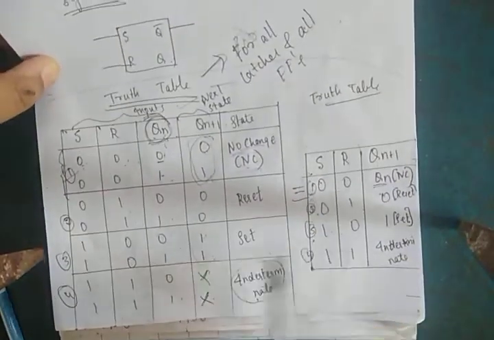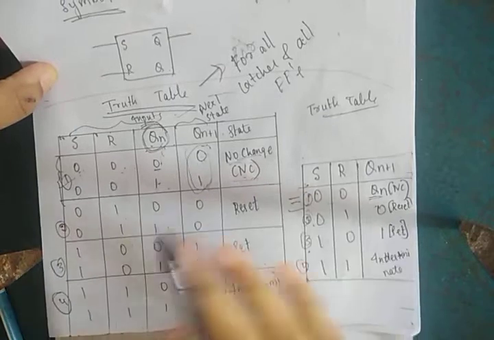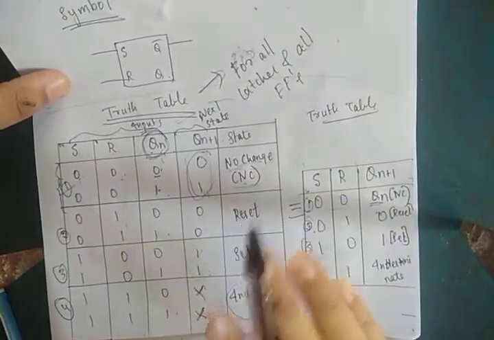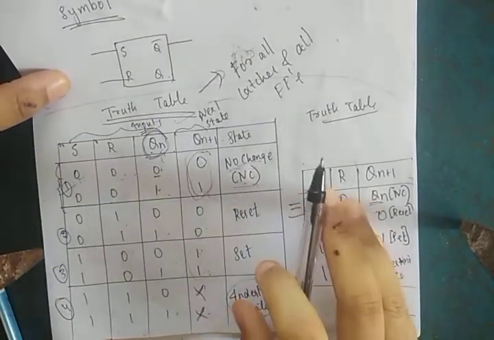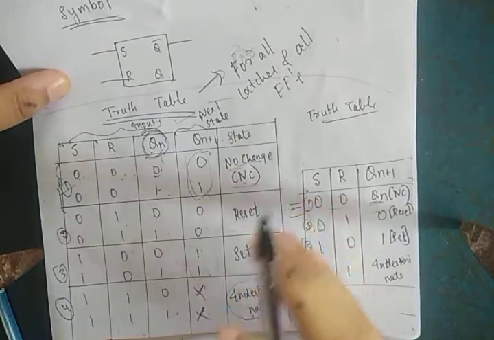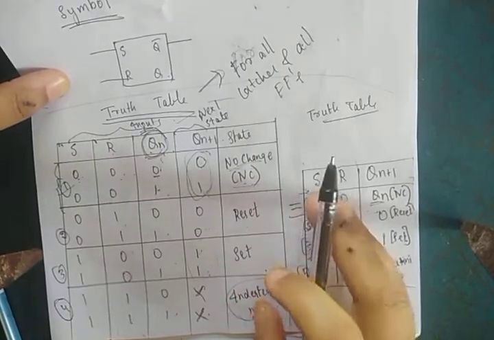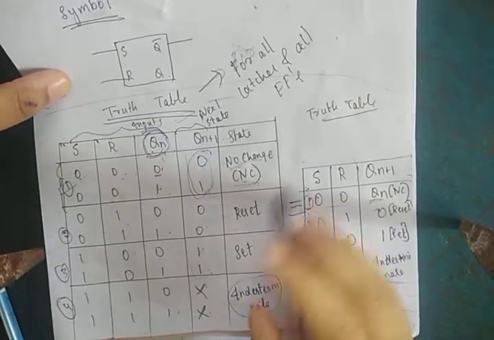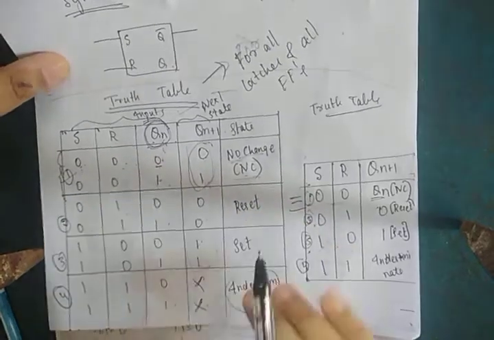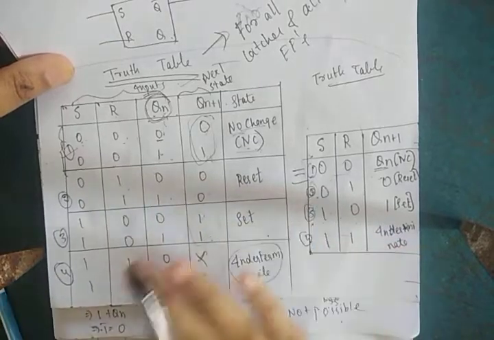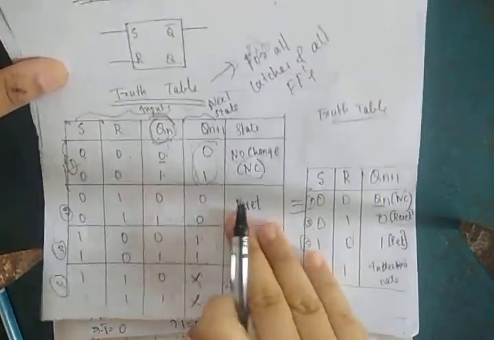So, remember from now onwards, the same truth table will be present for all the flip-flops and all the latches. It can be D latch, SR latch, JK latch. It can be for all the flip-flops also. The truth table remains the same. Remember everybody, the concept, how it works, you followed now. So this concept remains the same for all the flip-flops.